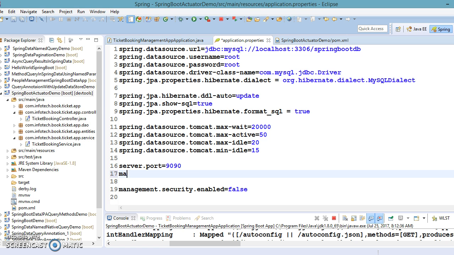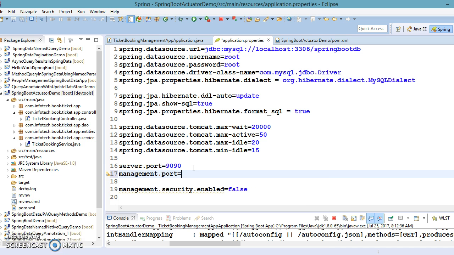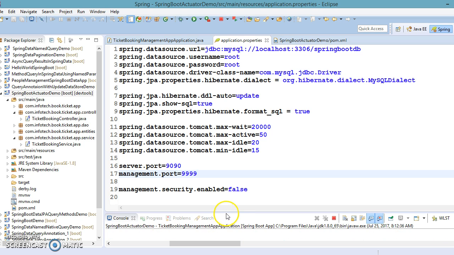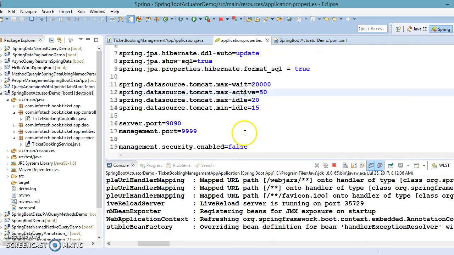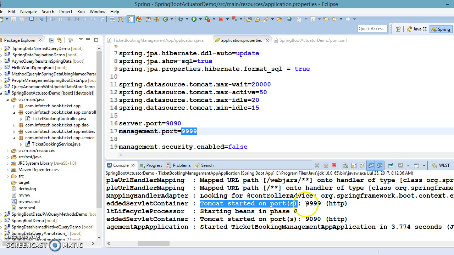Here we will have to do management dot port. This is the tag you will have to use, and I'm going to add 4 times 9. Now all actuator endpoints are going to be exposed on this port instead of 9090. So here you can see Tomcat is started on port number 9999,